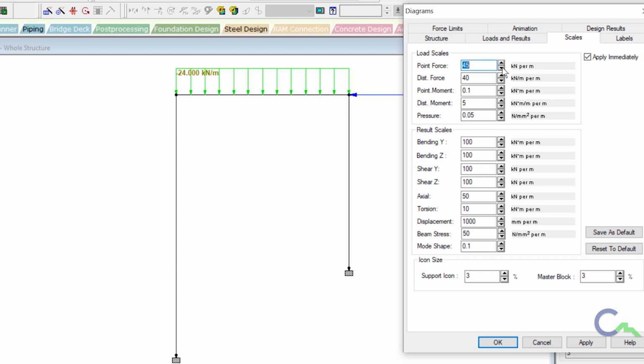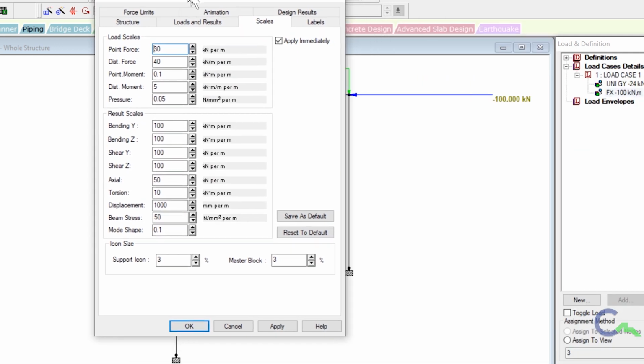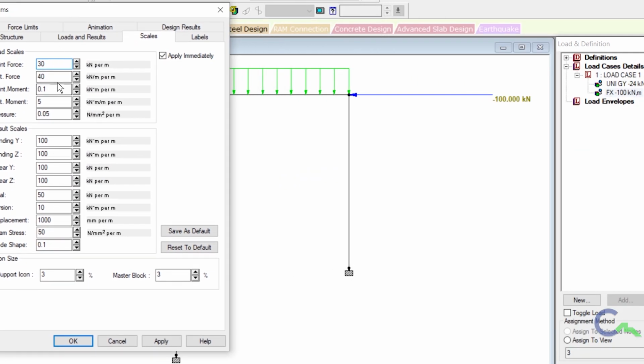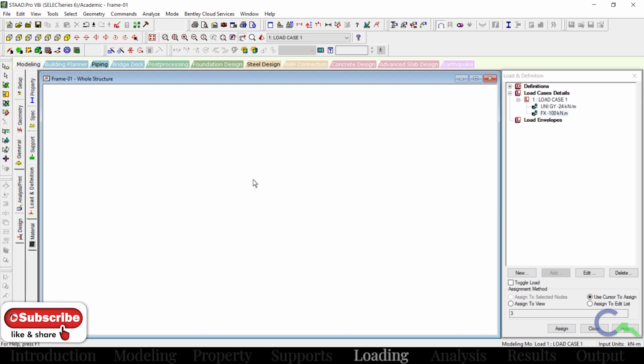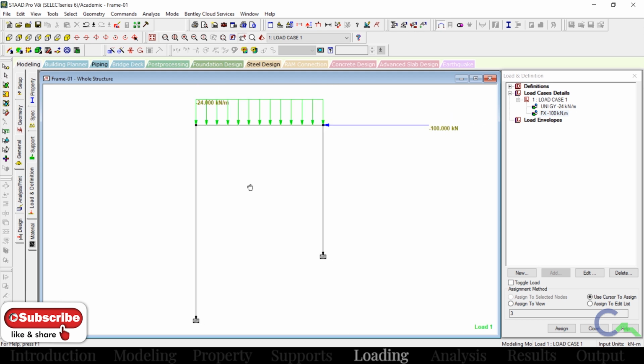Then I will reduce that to somewhere around 30, so I can see it here. Then the distribution force also I will make 30. Then click on apply, then OK. Now the scale is proper.